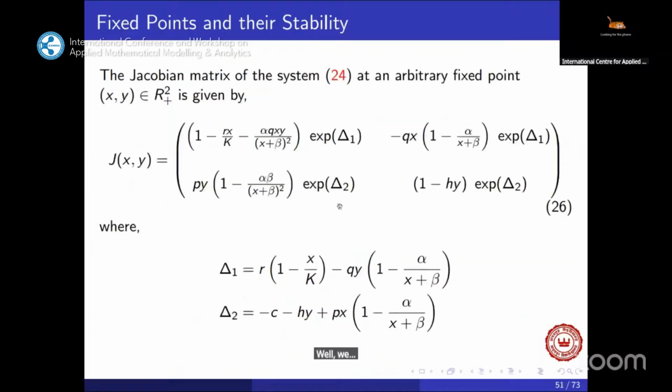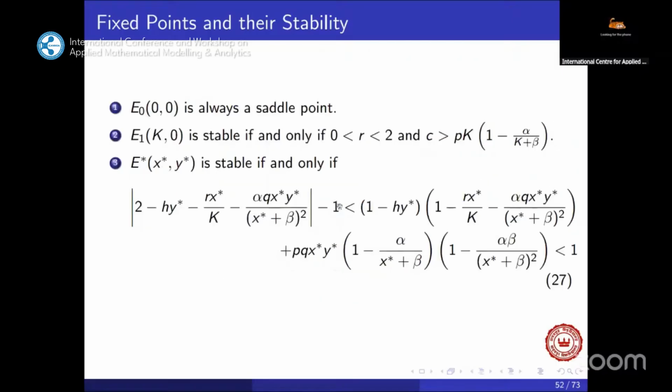Jacobian matrix of the system 24, which is 26. From the Jacobian matrix, we try to find the local behavior near the equilibrium point. E0, the (0, 0) point, is always a saddle point, and E1, (K, 0), is stable if and only if the following condition holds. Last lecture, how can we find the stability criteria? You know, if the eigenvalues lambda 1 and lambda 2 have modulus less than 1, the system is stable, otherwise not. From this consideration, we get E1, (K, 0), is stable if R lies between 0 and 1 and C is greater